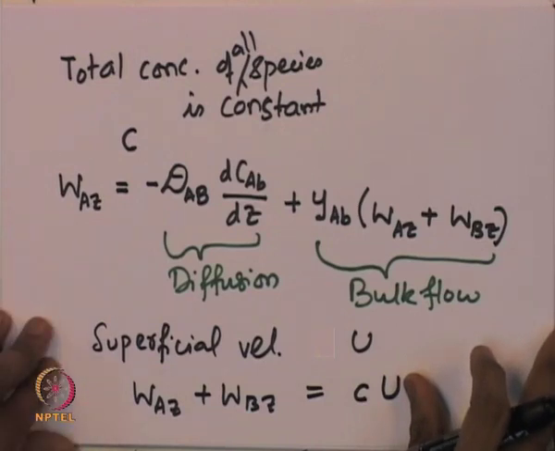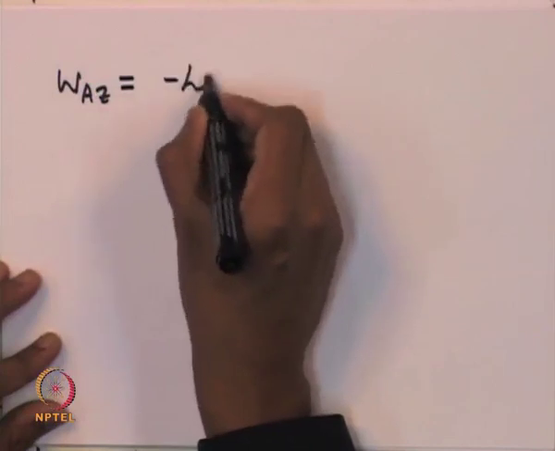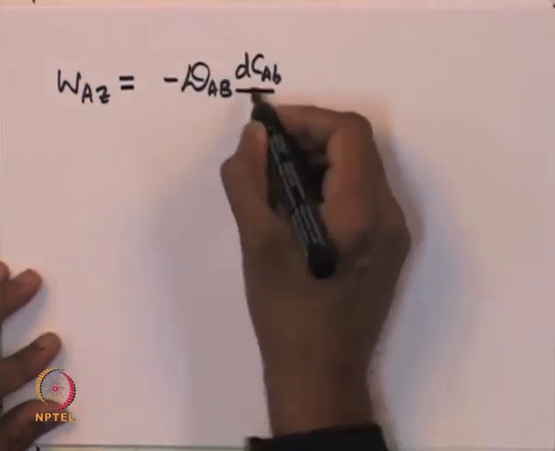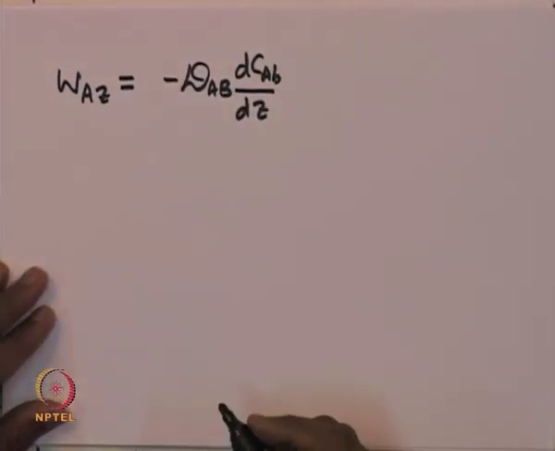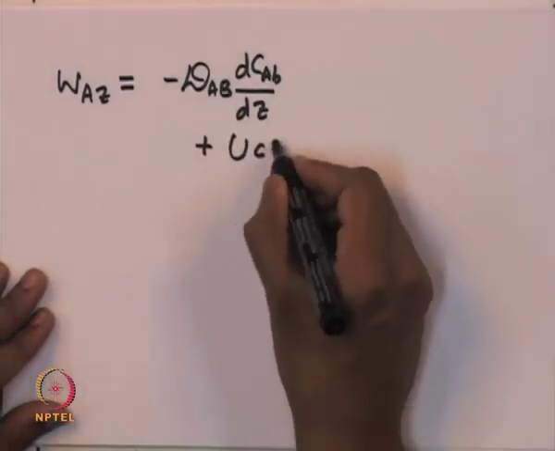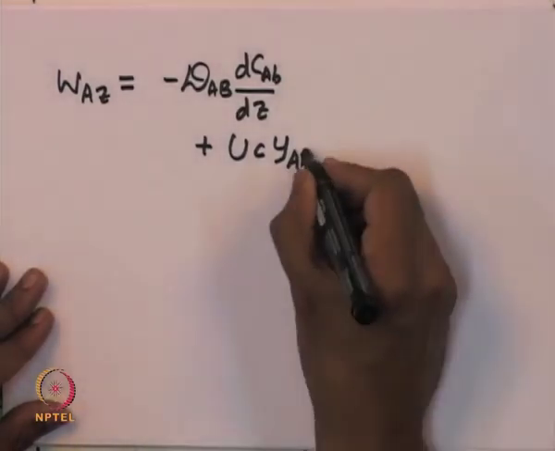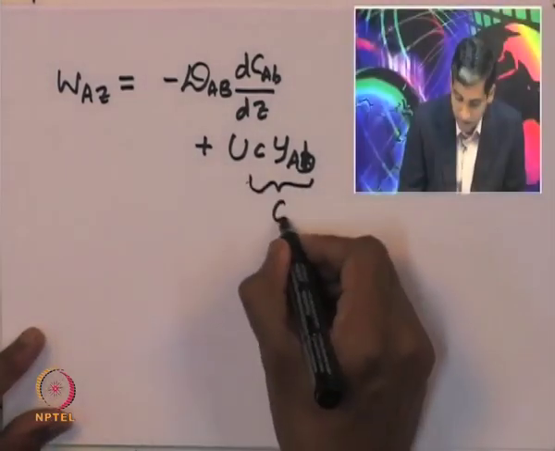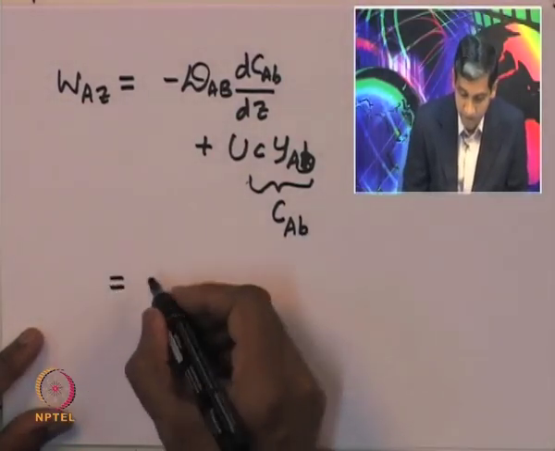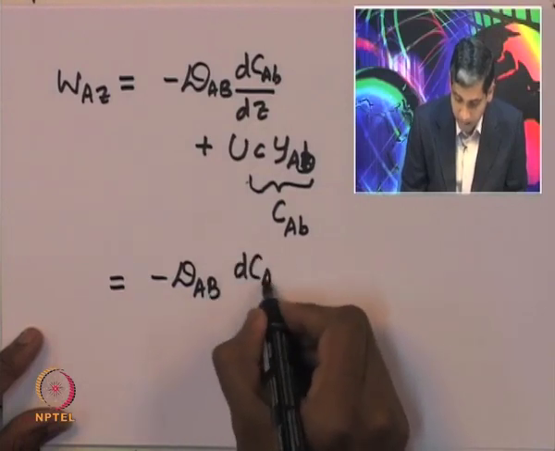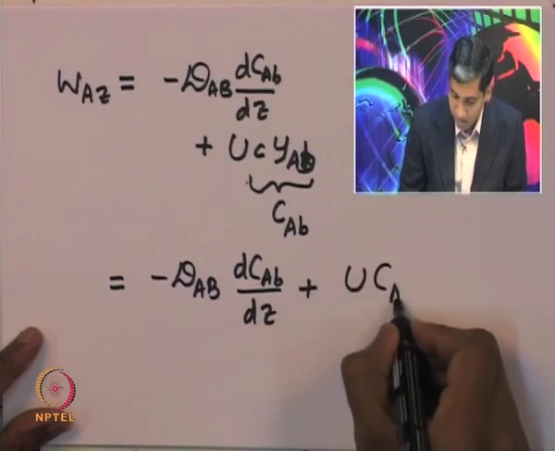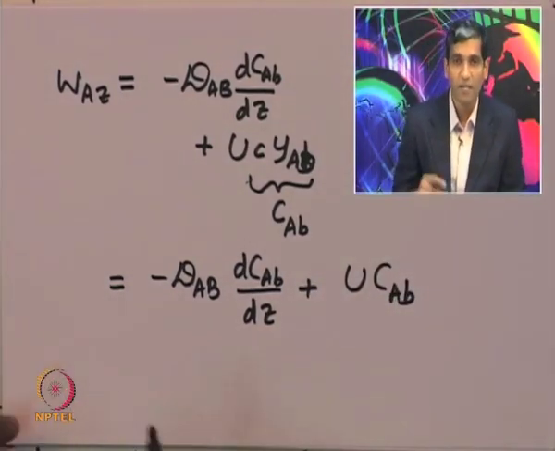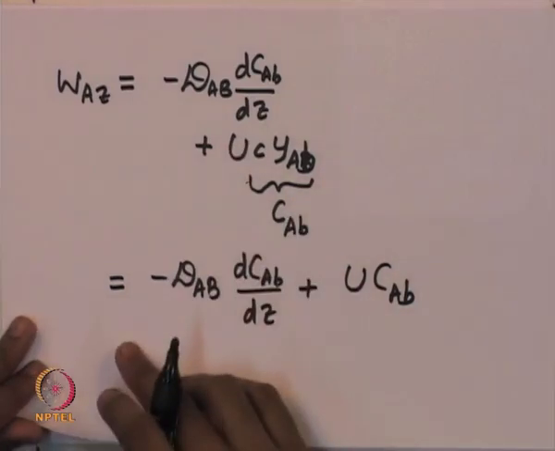Now, plugging in this expression, we can rewrite the expression for the flux of species, W A z, as equal to minus D A b into d C A b by d z, where C A b is the bulk concentration of the species at that location, plus u into C into y A b, the bulk mole fraction. Now C into y A bulk is nothing but the concentration of the species at that location, and therefore it will be minus D A b into d C A b by d z plus u into C A b. So, that is the expression for the flux of the species crossing any particular location z inside the reactor. Now, plugging in the expression for the flux in the mole balance,